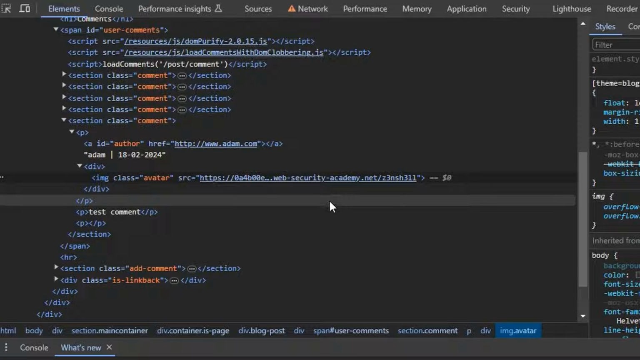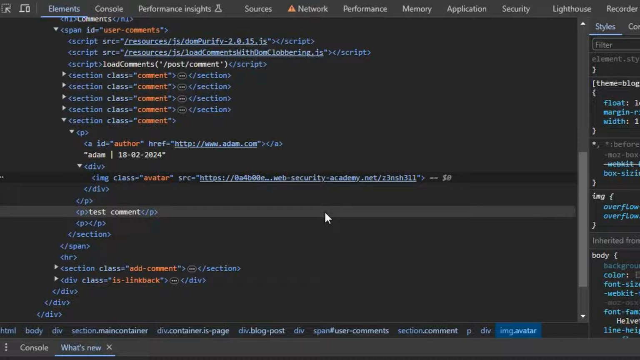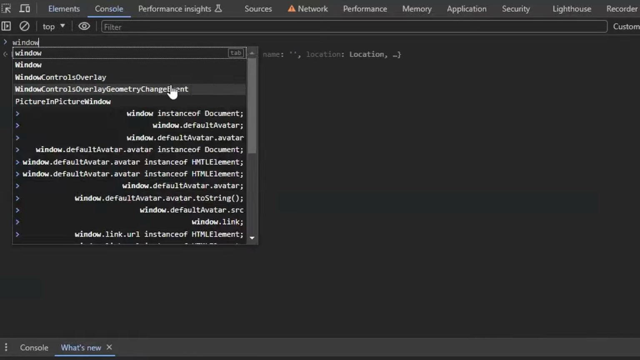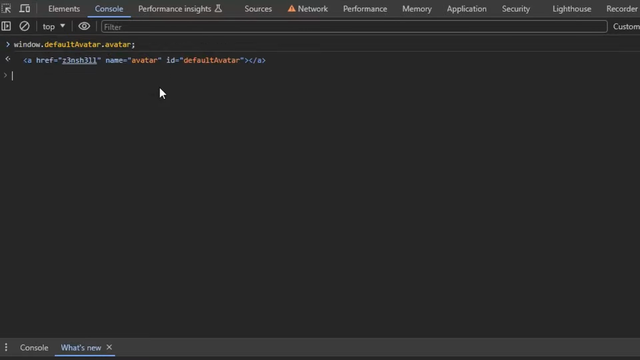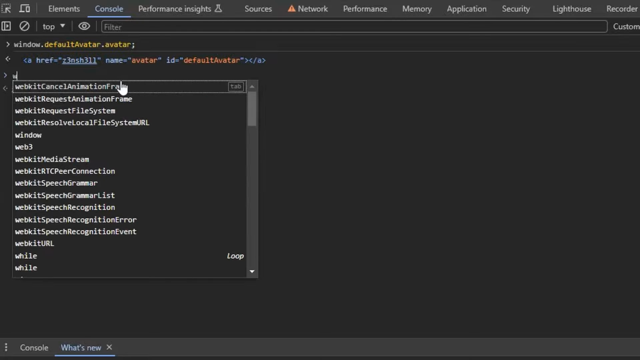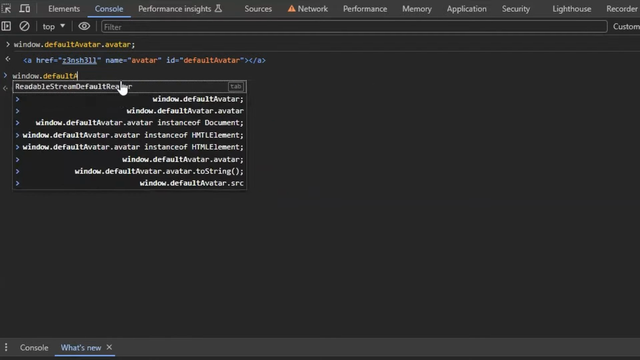And that just so happens to be the same as the href value. Let me prove it to you. Let's head back to the console. We know we have window.defaultAvatar.avatar. What we can see on the screen right now is the anchor element that's being referenced by this HTML element object. What happens now if we call window.default